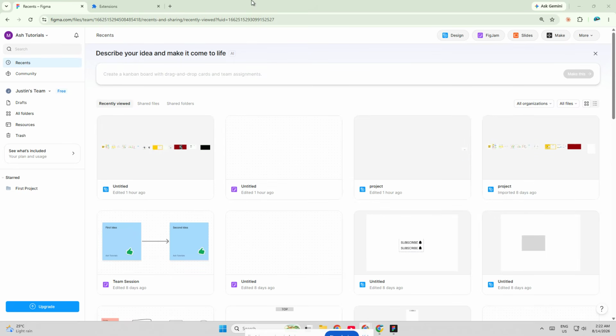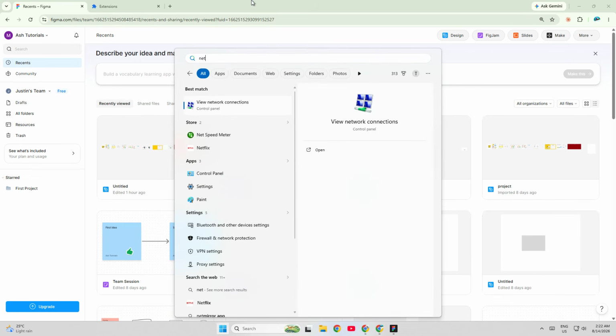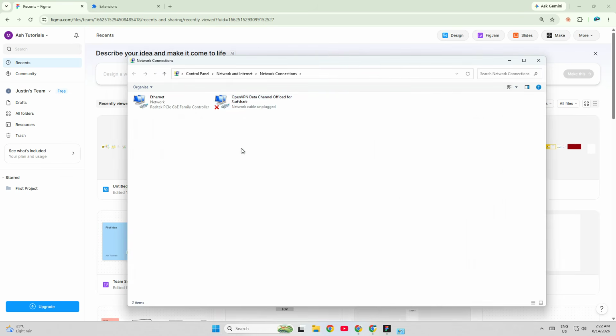Now let's jump right in. The first thing to try is switching networks. If you're currently on a Wi-Fi, office internet, or school internet, test Figma using a mobile hotspot instead. This is one of the fastest ways to find out whether your current network is blocking the app. Connect your phone hotspot, reopen Figma, and try loading your file again. If it works on hotspot but not on your normal connection, then the issue is most likely your network and